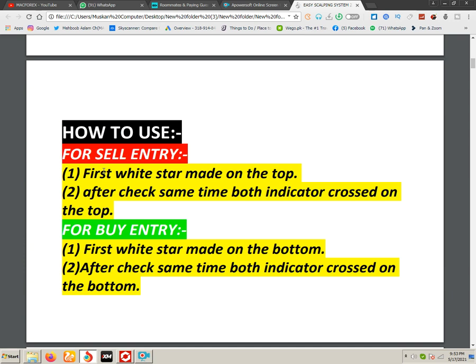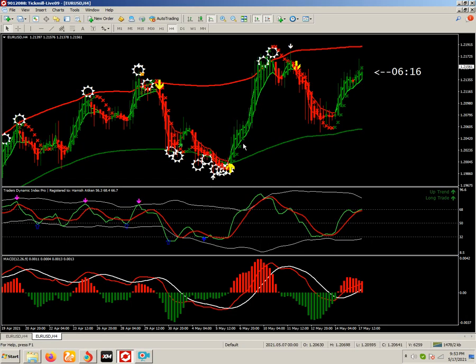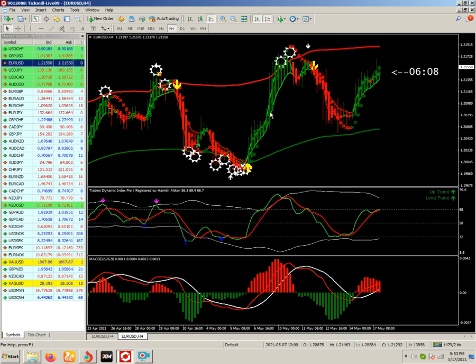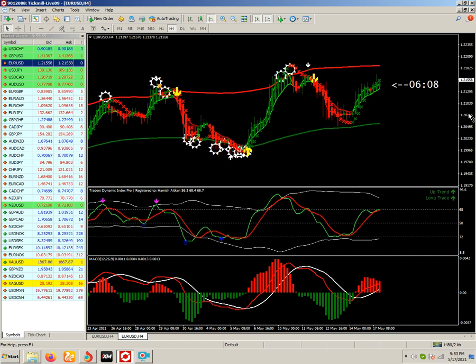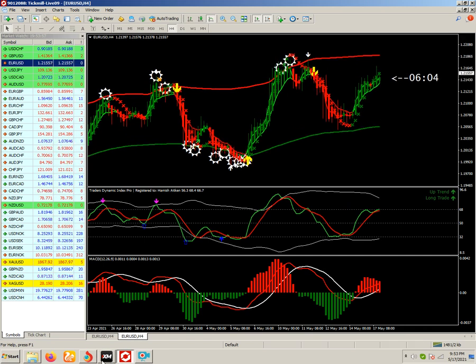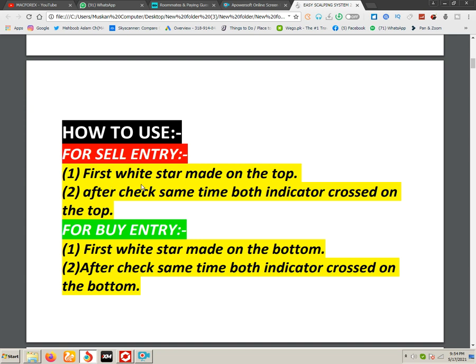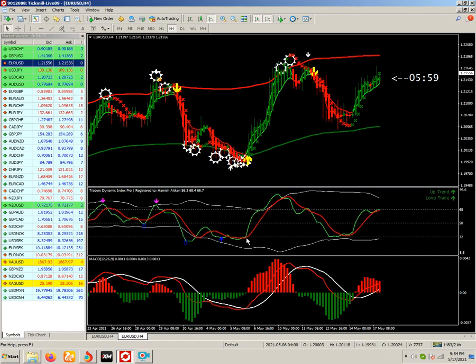First, a white star made on the top. I will show you the view of this indicator. I have attached this indicator to the MetaTrader 4 platform, and the market is already running, you can see here. First, a white star made on the top. Basically in the PDF file I am talking about this star, you can see here, but when you see this star on the chart, it is not confirmation of the sell entry, but when you see the arrow, and here also,